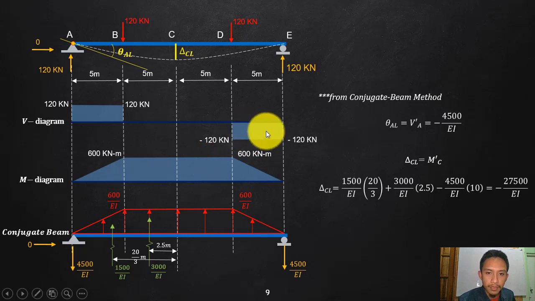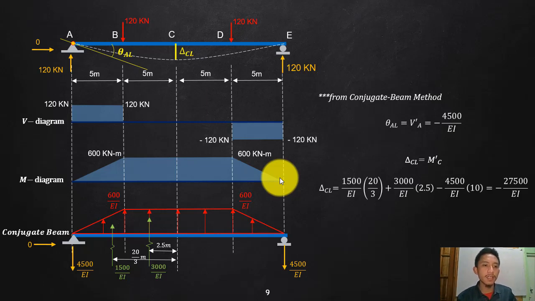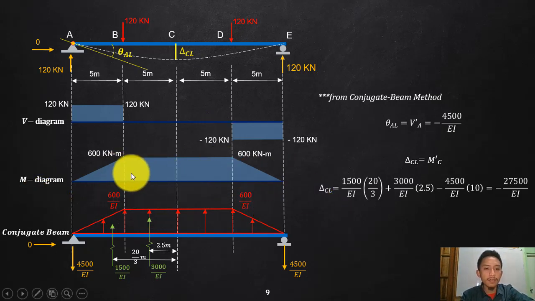However, there is a moment due to the shear here, which is actually negative. So that will subtract from 600. The area here is actually a negative 600 also. So 600 minus that 600 will make your moment 0, which is true because that should be 0 moment, since that is not a fixed support. Okay, so again, all you need to do is recall your V and M diagram drawing. So this is my M diagram, and then of course all I need to do is divide that